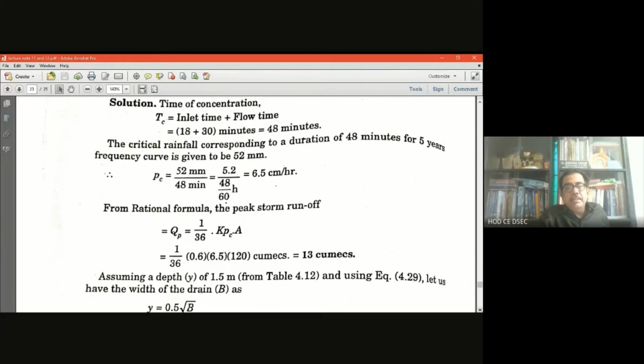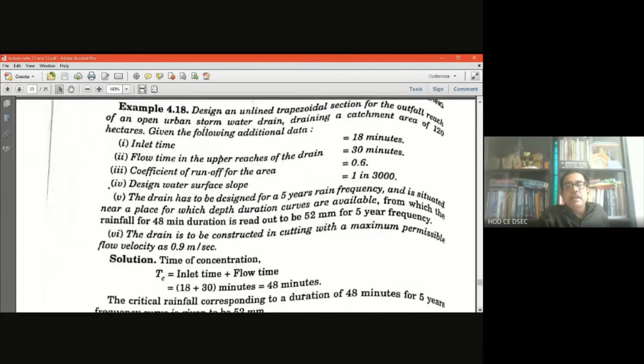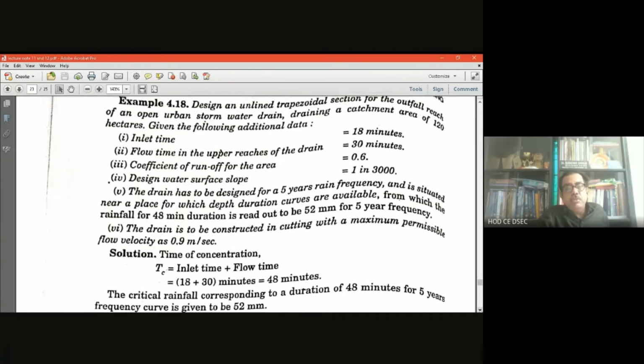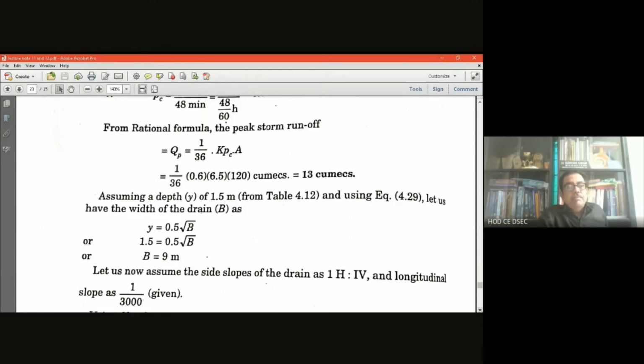is given, A in hectare, 120, in the question. Yes, in the rational formula, A is in hectare, so 120 hectare is given in the question. Directly you put these in and you find the peak storm runoff, that is 13 cumecs. Fine. Now come to the point of the